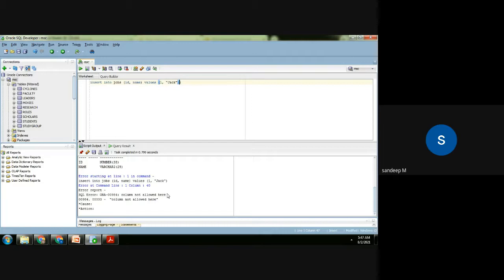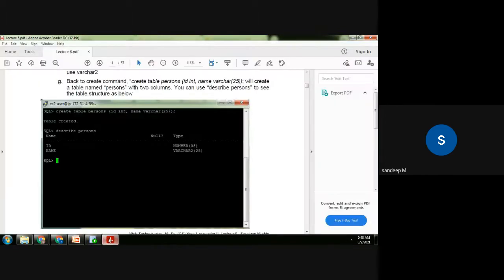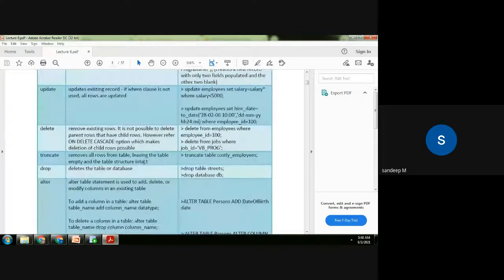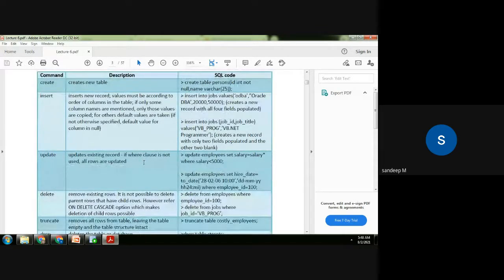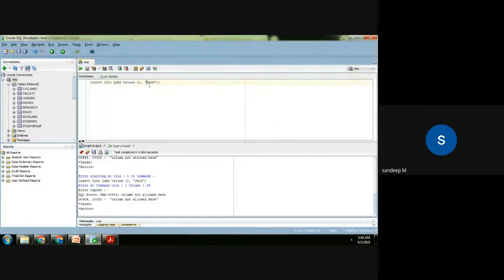This column name is not allowed here. Sometimes, based on the implementation, your double quotes and single quotes will cause some problem. Try to use single quotes in SQL Developer.